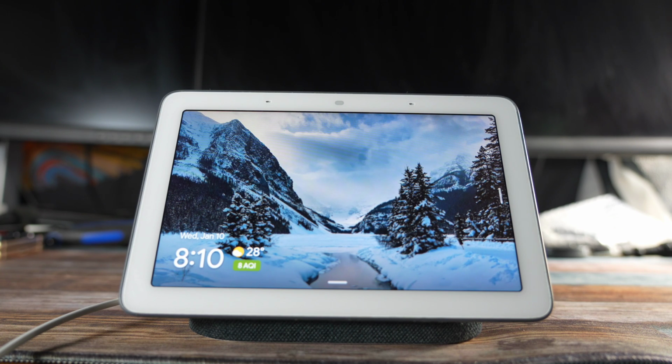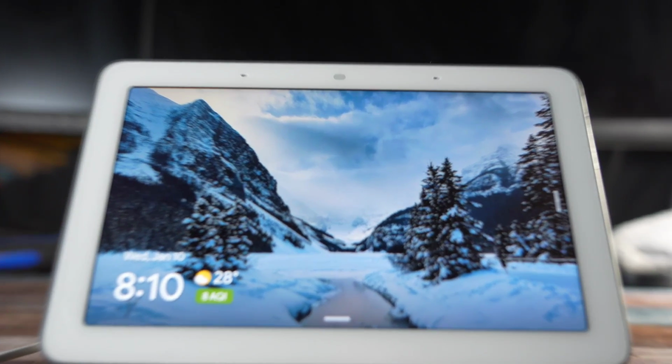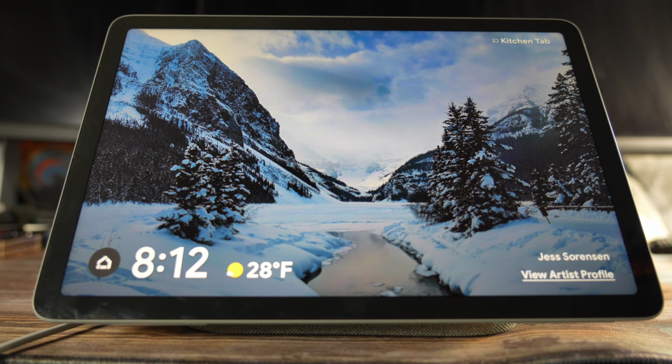The Google Nest Hub line of products are some of the most convenient but also annoying products out there. They're great for having a device you can ask questions to, control other devices, and even cast content to. When Google first announced its return to tablets, the Pixel Tablet, I wasn't necessarily excited, but having owned the Nest Hub Max